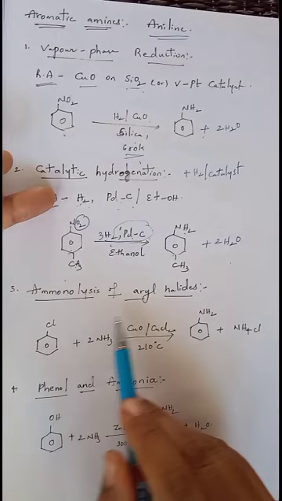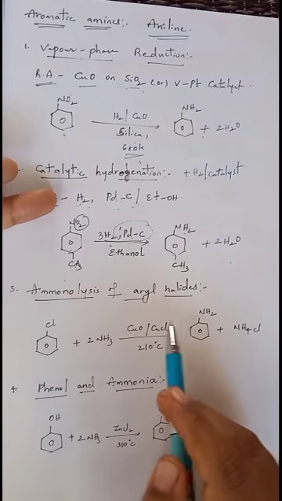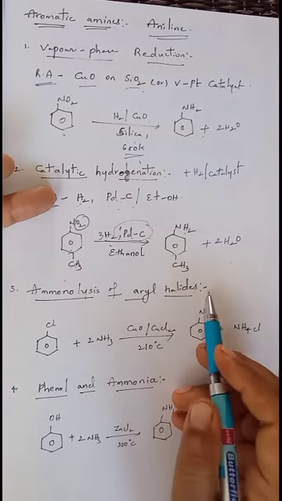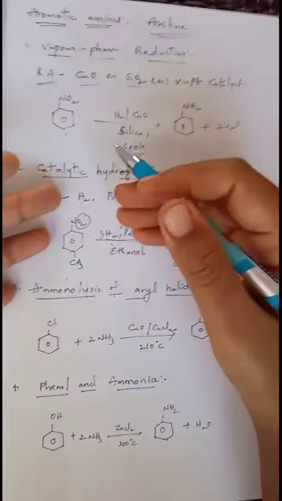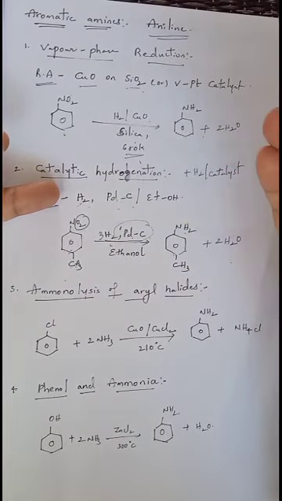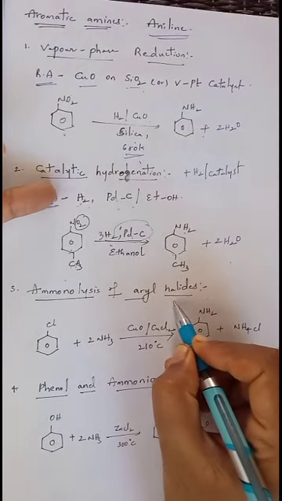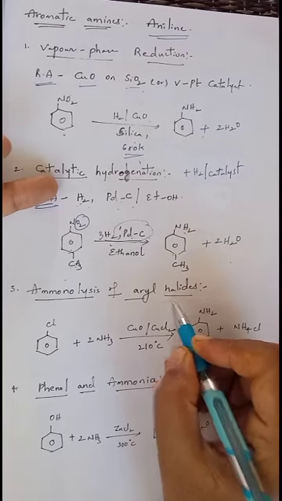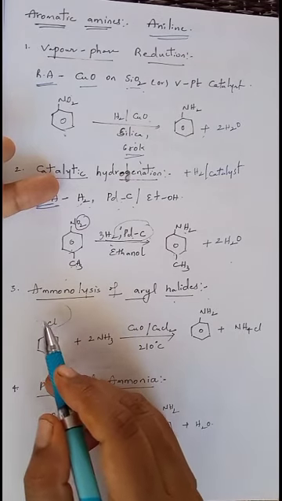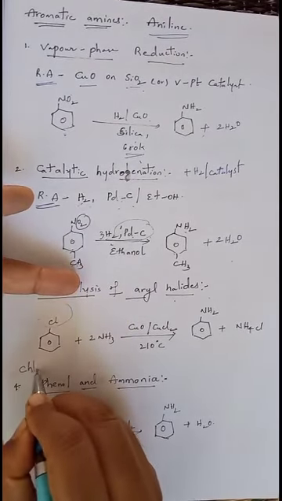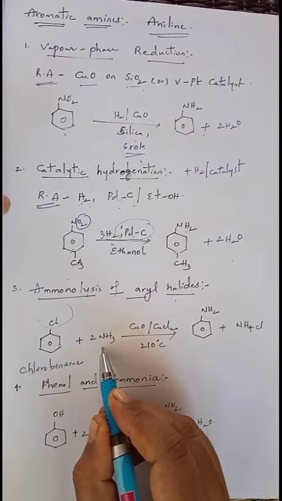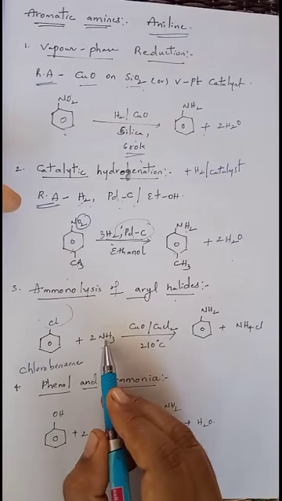And the third one, ammonolysis of aryl halides. Aryl halides are also called aromatic halides. In the first chapter we studied haloalkanes and haloarenes in organic chemistry, and haloarenes are nothing but aryl halides. When in place of the halide I take chlorine, we call it chlorobenzene. When chlorobenzene undergoes ammonolysis, which is nothing but addition of ammonia,